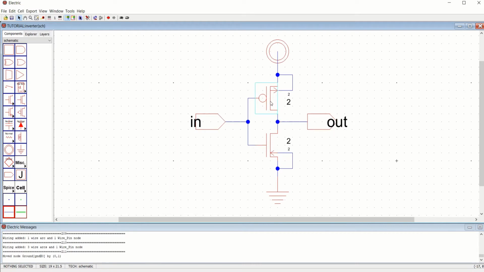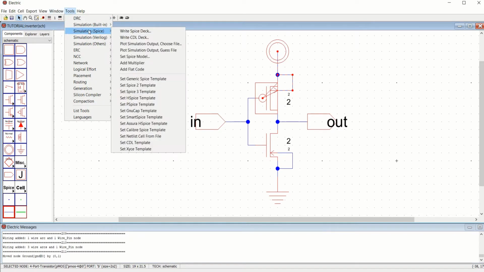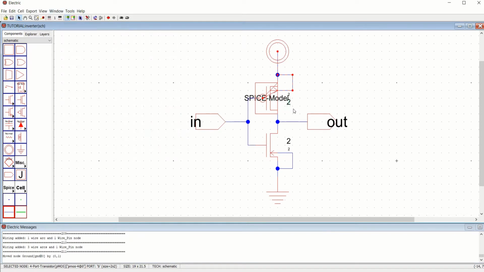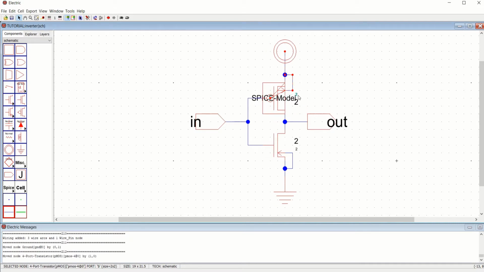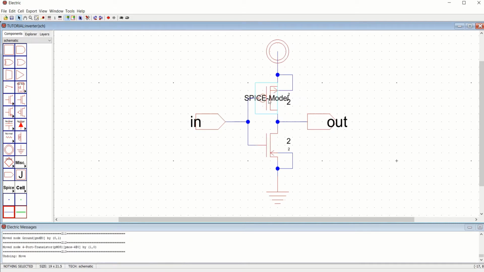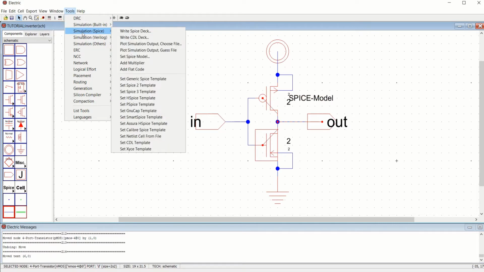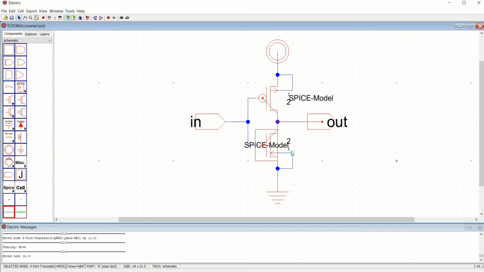But before that, we have to set the spice model. Select the transistor, go to tools, simulation, set spice model. You can move this aside. Similarly to the NMOS, select the transistor, go to tools, simulation, spice state.